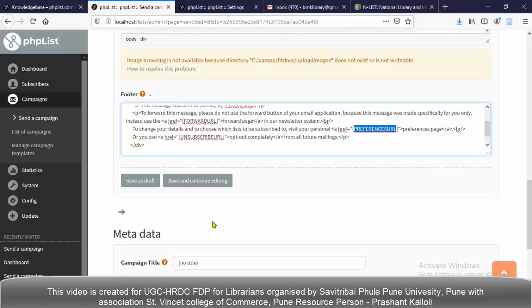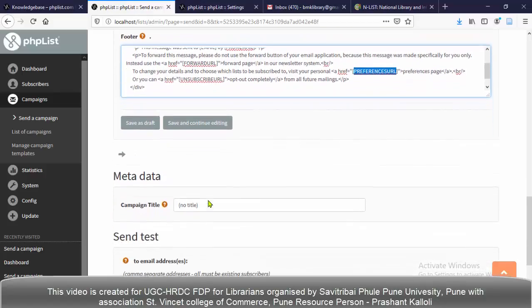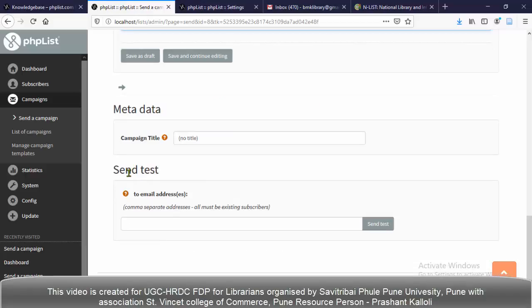Going forward, one more thing, this send test. To be 100% sure that the final result of your campaign will look as you wish for your users, it is recommended that you send a test campaign to your user or yourself. This is a very useful tool. If you want to see the preview or a test email, then we have to give the email address here. You can give multiple addresses here by separating them with a comma.